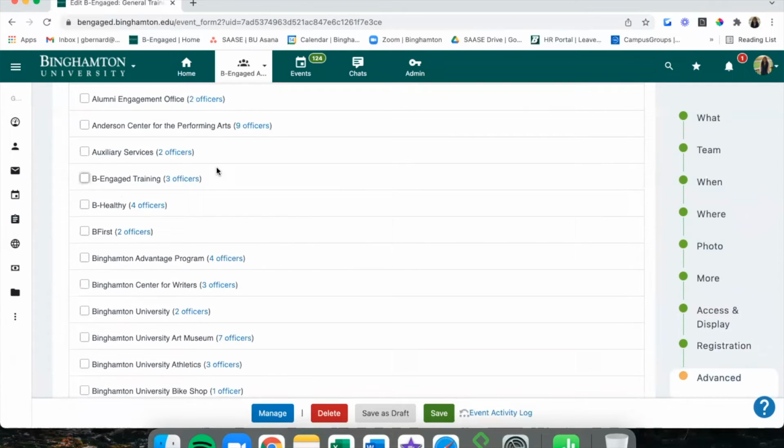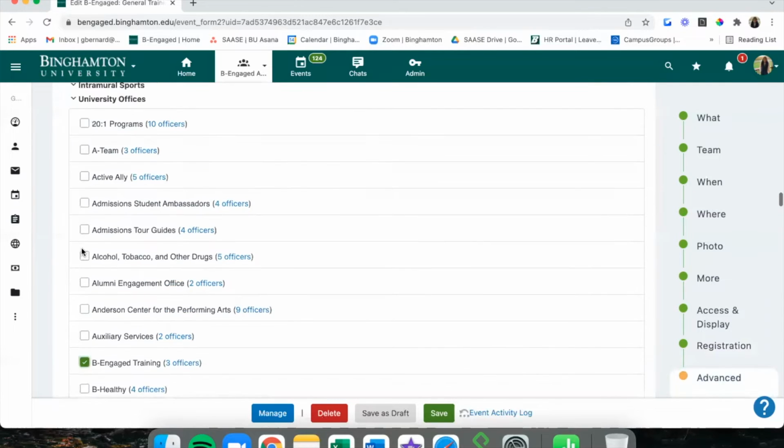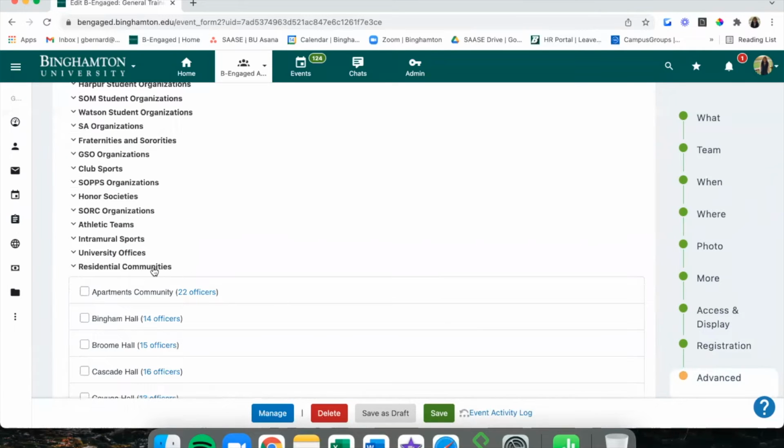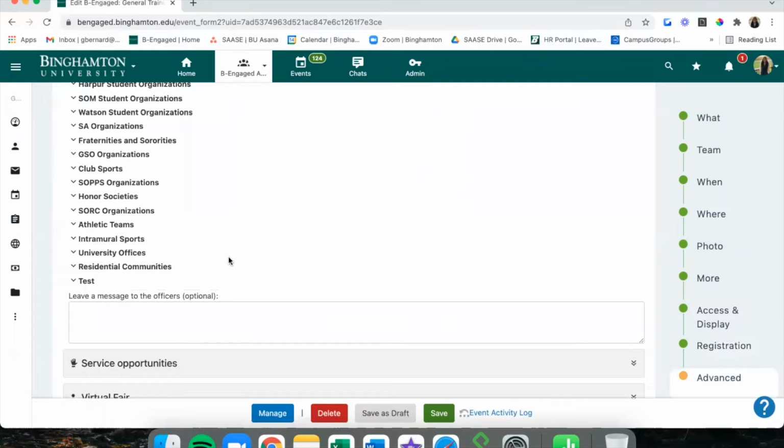So just by checking or unchecking an office or a group, you can add them as a co-host to your event. You can co-host as many groups as are relevant. And then the event will show up in your group, but it'll also show up in the co-hosting group's upcoming events list as well after you click save. So you kind of get the double exposure benefit that your members are seeing your event, the people who are in your group, and then their members are also seeing your event as well since you're co-hosting.